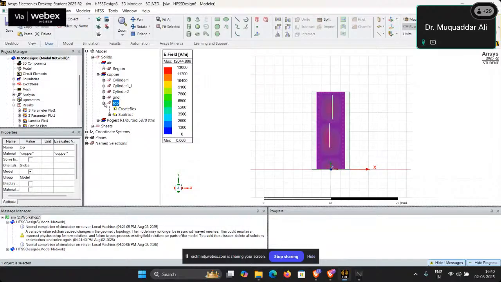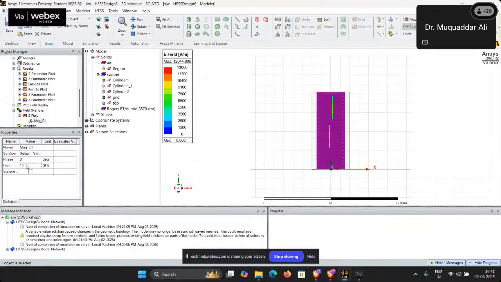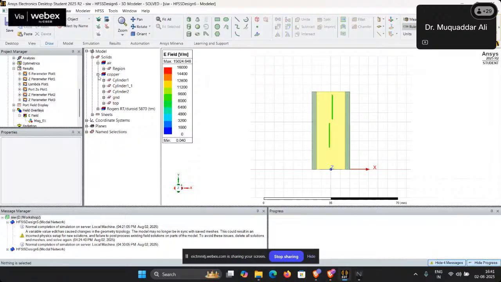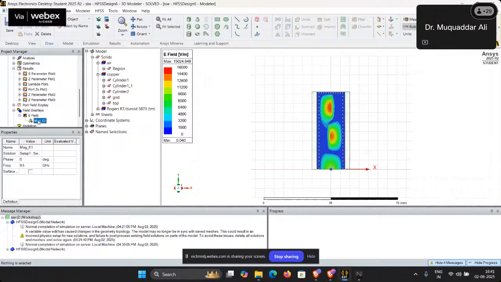And of course, another limitation is if we plot the field at 9.5 gigahertz, we see the first resonance between the left sidewall and the slot, and here we are having the same resonance but between the right waveguide wall and the slot. So the distance between these two is identical. So that is why we are getting this slot. And now if we zoom in,